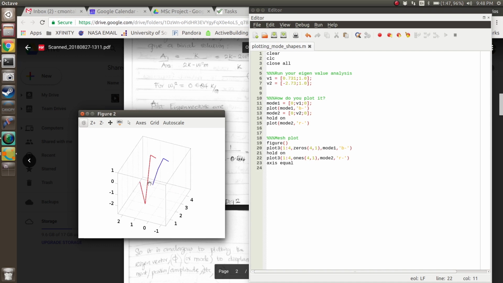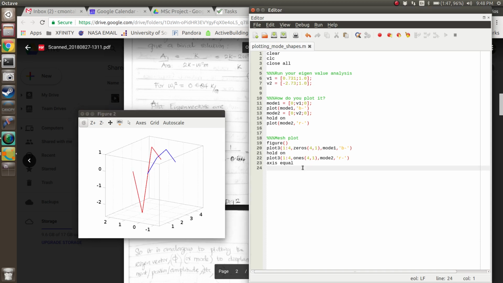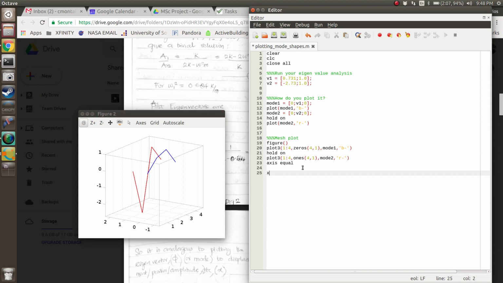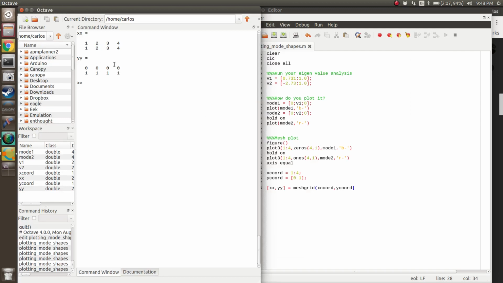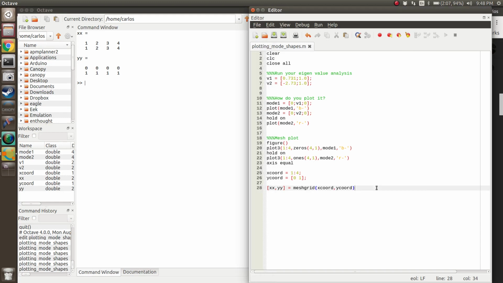Now the thing with this is that there are two lines here, and so you don't really have a mesh. So how do you make a mesh? Well, you set your x coordinate to 1 to 4, and then your y coordinate is 0 and 1. Those are your two y coordinates. Then you can say XX, YY equals meshgrid of x coordinate, y coordinate. And I'm going to hit F5 here. It's going to spit out my XX and my YY. And you notice that it's a 2 by 4. And so if I make ZZ equal to mode 1 transpose and then mode 2 transpose,